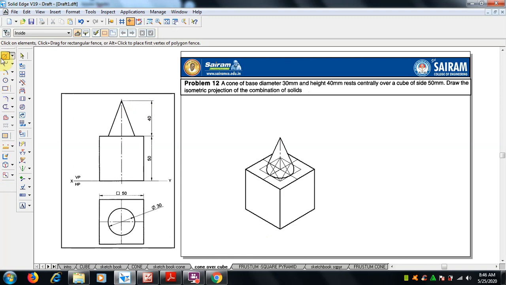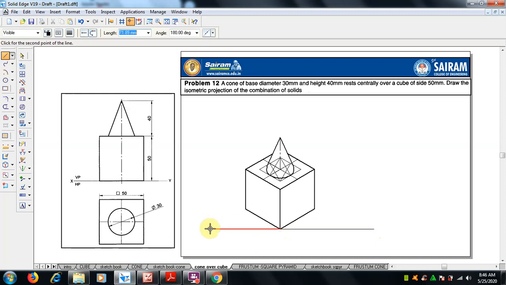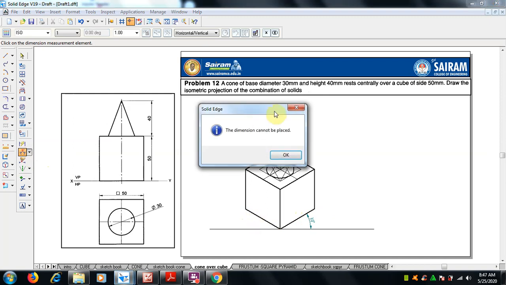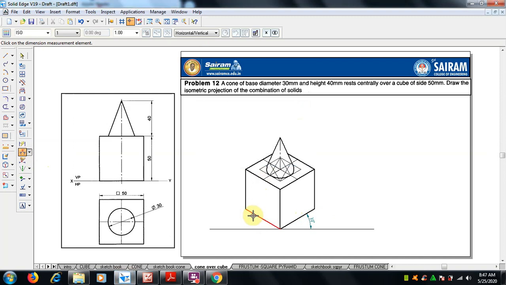Okay, so we can show line and angle. This is important actually. 30° to the reference.